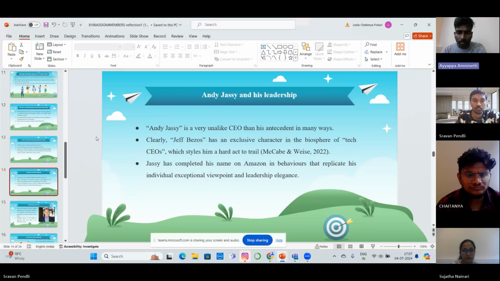Andy Jassy and his leadership. Andy Jassy trusts in making a culture of experimentation and continuously improving with goods. Transparency is an additional facet of AJ's leadership style. He also has faith in the formation of an enjoyable work environment that inspires creativity and cooperation. It is clear that unlike Jeff Bezos, who had a transformational leadership style, AJ possesses a servant-centered leadership style. He is viewed as genial and empathic. Go to the next slide, Chaitanya.